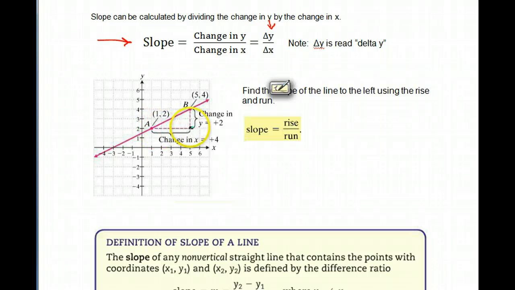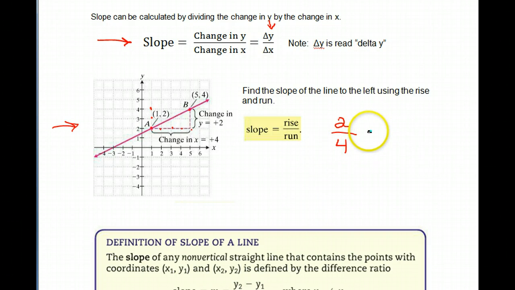Sometimes it helps to use the little dotted lines, but basically what you're going to look for, as you are moving from left to right on your chart, is how much did you rise, so to speak, to get from your first point to your second point? Well, we had to rise 1, 2 points. So our rise was 2. How much did we have to run over from left to right? How much did we move over? We moved over 1, 2, 3, 4 units. So my run